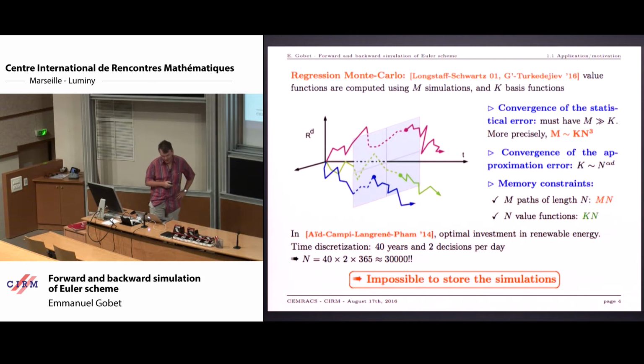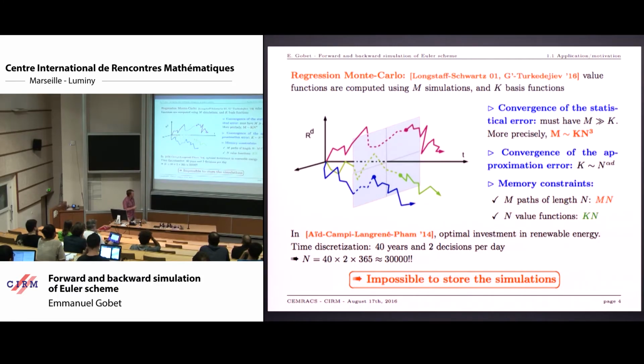So you can see that very quickly it can take very huge values, especially because K is the number of coefficients, and this is going to increase with the dimension exponentially fast, to ensure that the approximation error is very small. So usually K is going to grow like n to some exponent proportional to d. And so if you want to take N equal to 10, 20, 50, then M is going to be huge here.